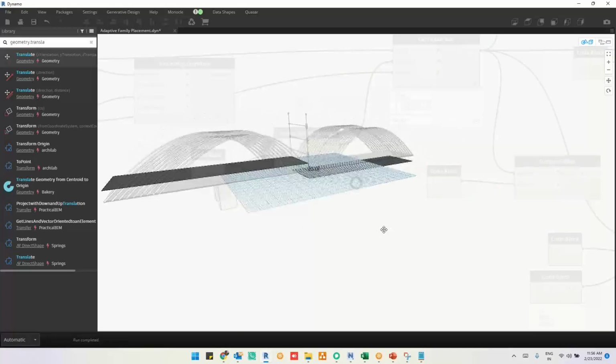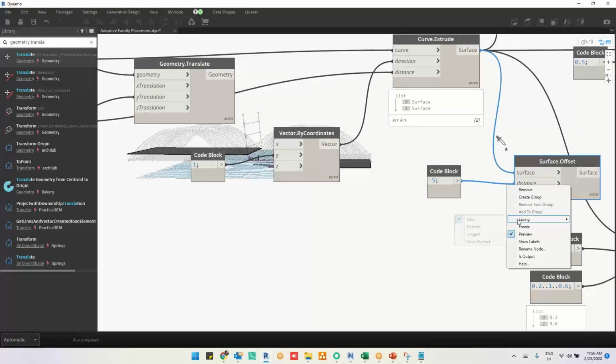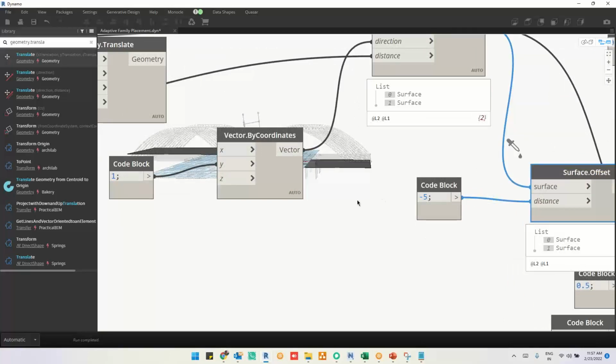One on the top, one on the end. No, let me change this lacing to the longest. Still, it's the same. Then how to get the surface down to it? Geometry dot translate. Not with the geometry dot translate. That's easy. Do you have any other set of notes? Surface dot offset, it is saying it's a -5,